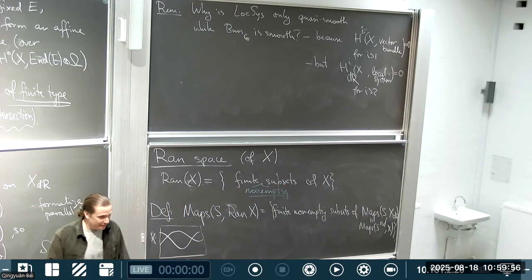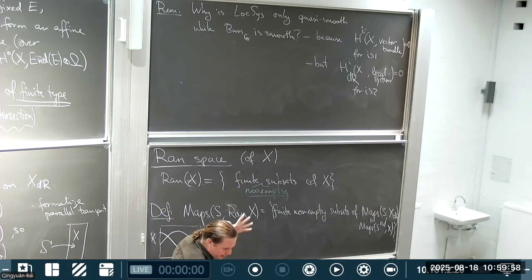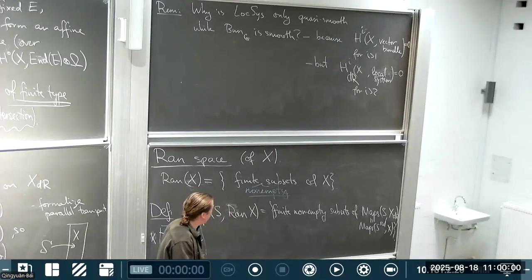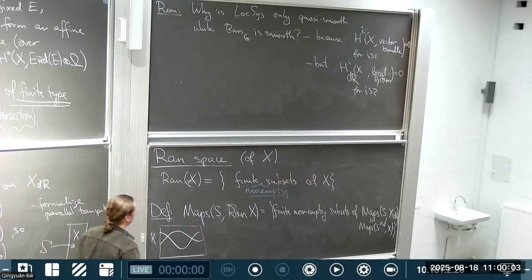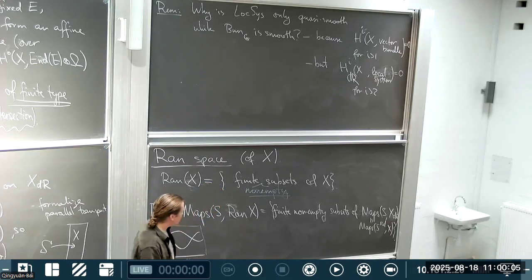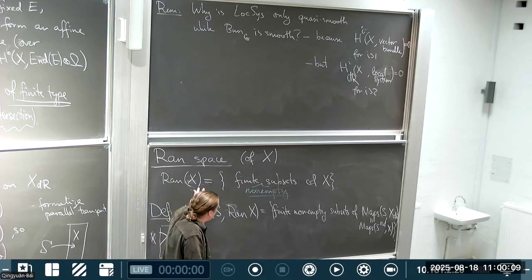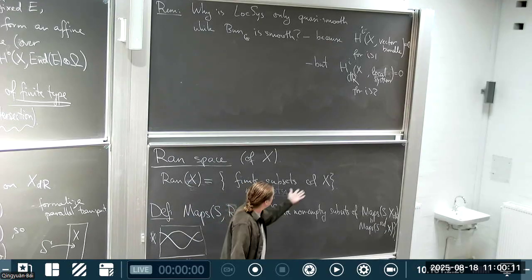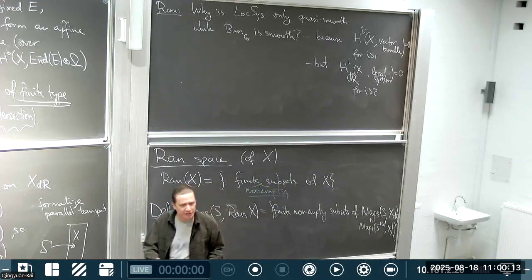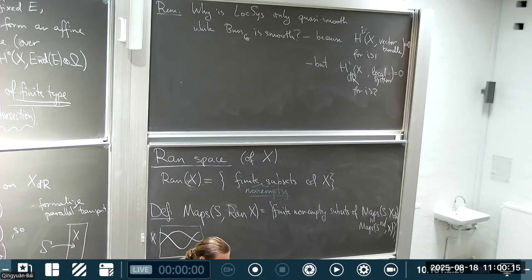And that's the thing: if we want to understand this object more, to have a more hands-on understanding of Ran space, we can really think about it like this. What's a finite subset of X? It's an n-tuple of points where order or multiplicity does not matter. And so, less formally,